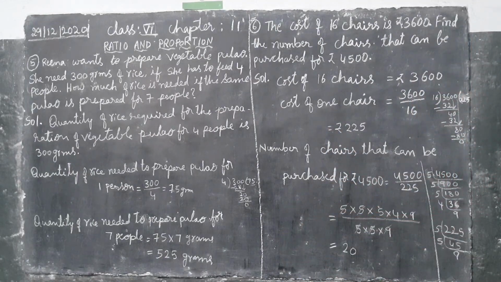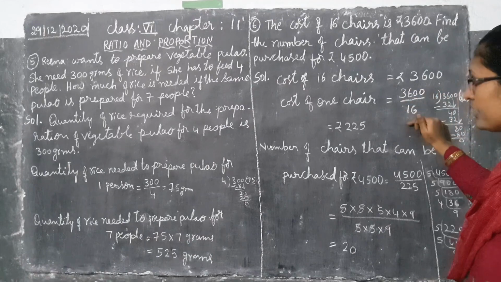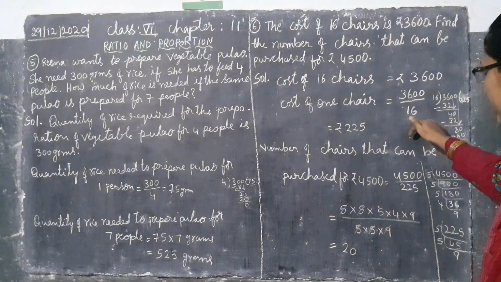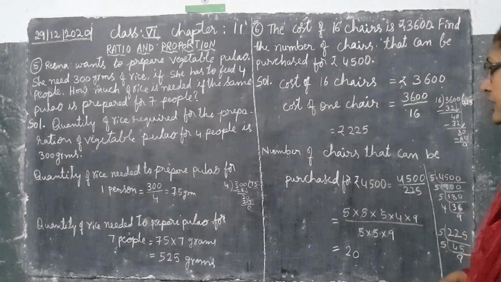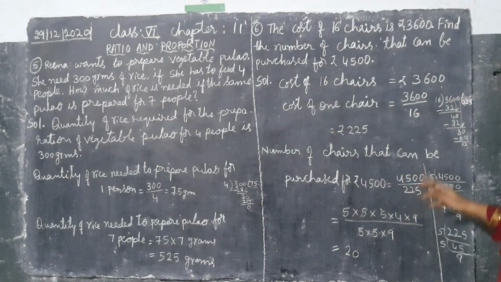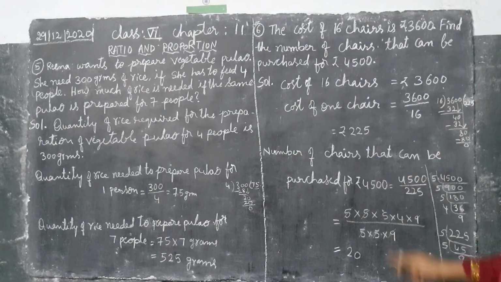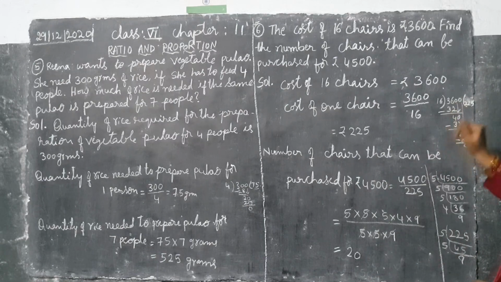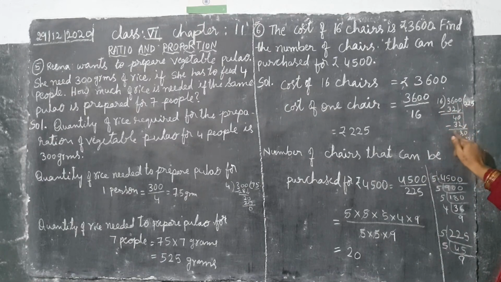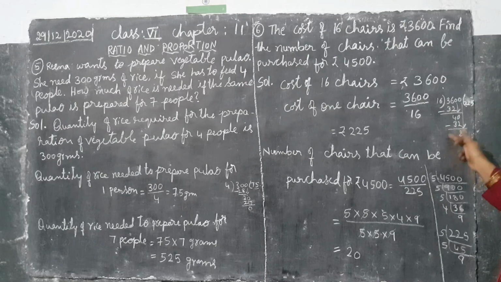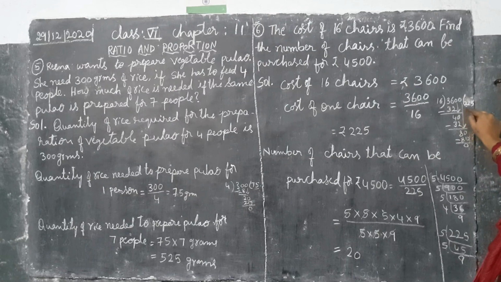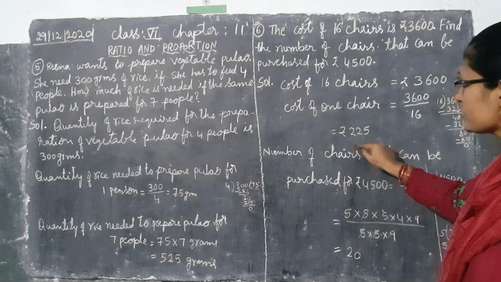I explained this before, no? What is given, we divide by 16 chairs, that number we have to write. If you know the table, you can cancel it directly. Otherwise you do the division method, children. 16 2s are 32. Then 36 minus 32, you will get 4, and bring down 0. Then 40 will happen. 16 2s are again 32. Then 40 minus 32 is 8. Bring down the 0, 80. 16 5s are 80, children. 0 you will get. Then what do you get in the quotient? 225 rupees. Each chair costs 225.